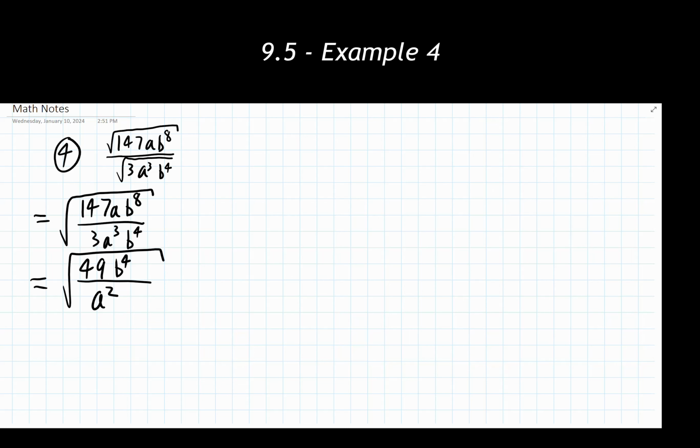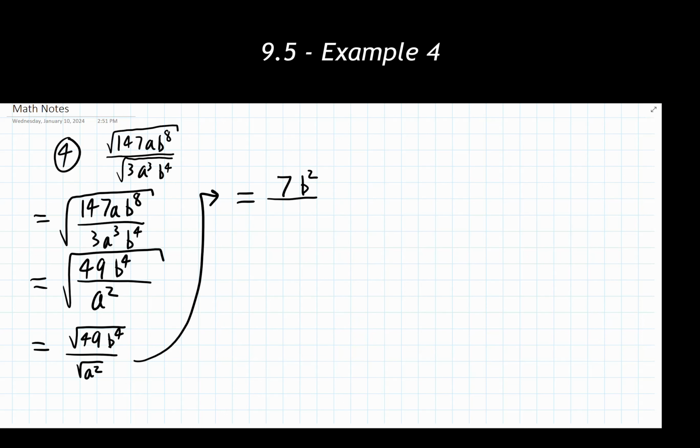So now if I wanted to, I could re-split this thing apart to be the square root of the numerator over the square root of the denominator. I'm just going to move this up, a little bit of space. So in the numerator spot, the square root of 49, that's going to be 7. The square root of b to the 4th power, I have 2 squares that are combined in that. B to the 4th power is the same as saying b squared times b squared. Each of those cancel out to become a single b, and those two multiplied together are going to give me b squared in the numerator spot.